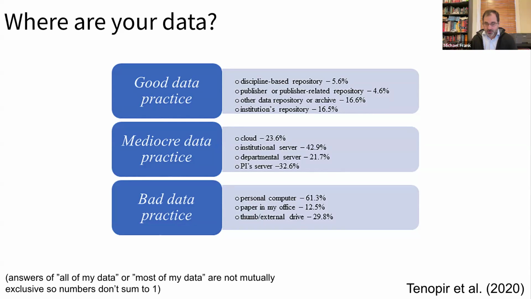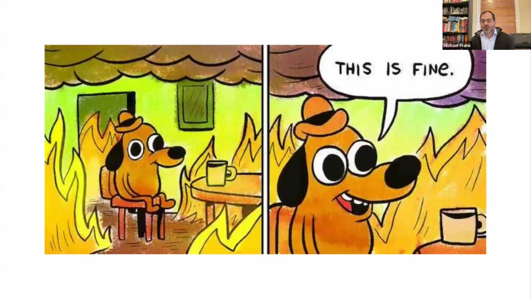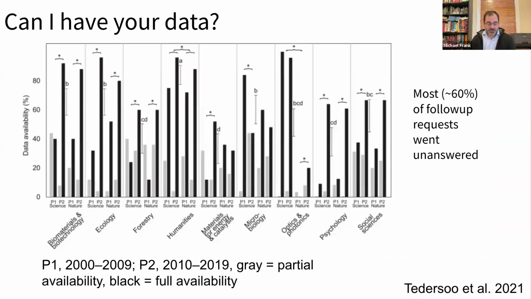And many people also endorsed bad data practices, data sets that were only on their personal computer, which is a substantial risk because, as we all know, computer hard drives fail regularly. Okay, so this seems problematic. But again, the scope of the problem is tough to understand. One potential issue is simply that we can't get at many data sets for published papers, so we don't know the extent of errors or unavailability.